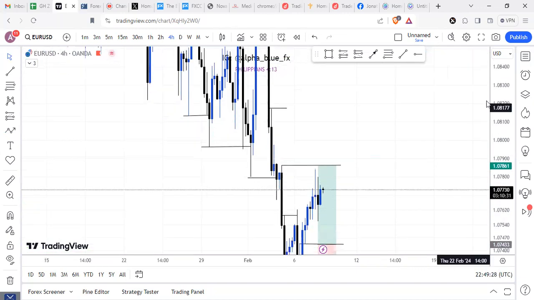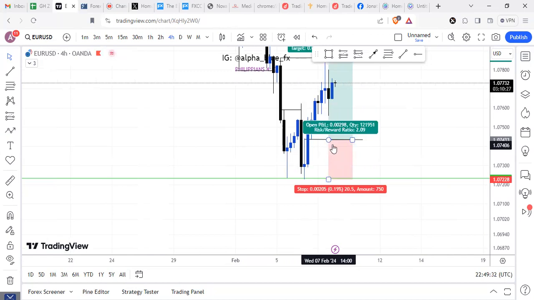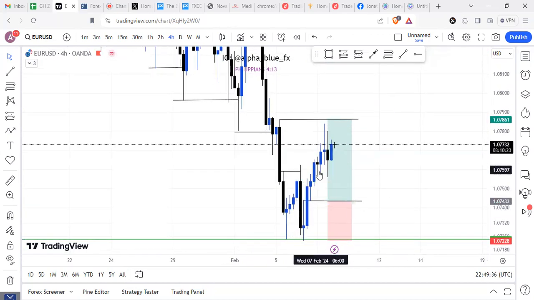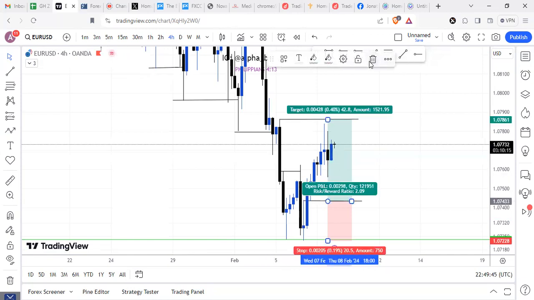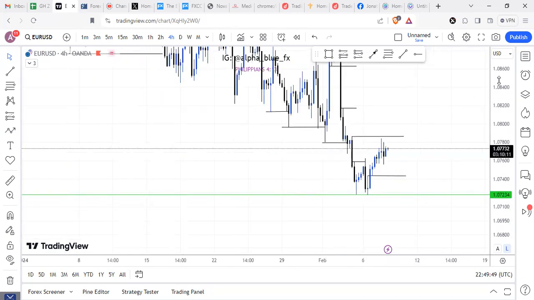Actually, this had already played out. I saw this late, so I didn't really capitalize on it, but I still placed my limit in case price wants to come back down. But price never really came back all the way down here before it continued to the upside. So price is already very close to my TP. I'm just gonna delete this position right here and wait for Euro USD to take out some liquidity before it